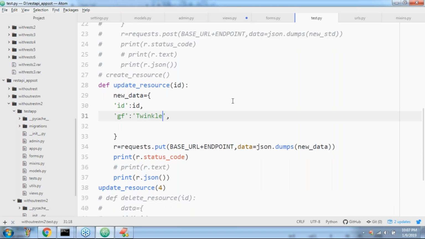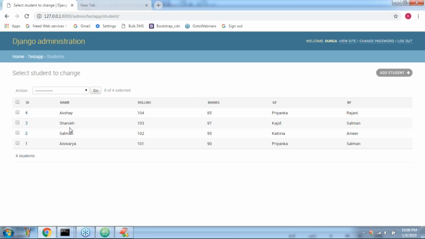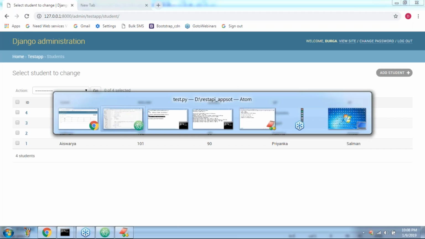Yeah. So now this is just what I'm trying to take, sir, with the 4. Sir, girlfriend name, can you please change it like this, right? Sir, who is the wife of Akshay Kumar? You don't know? The wife of Akshay Kumar. Aware or not? Twinkle, correct, right? Twinkle Khanna. Okay, correct.